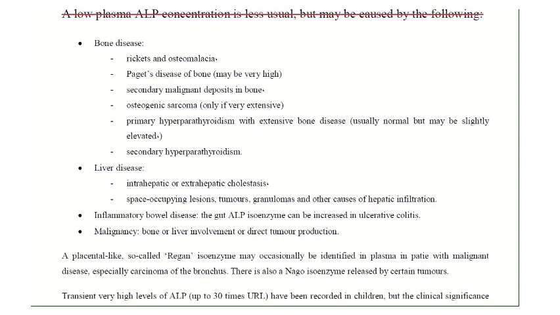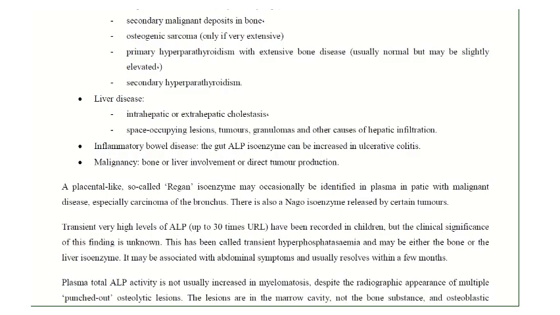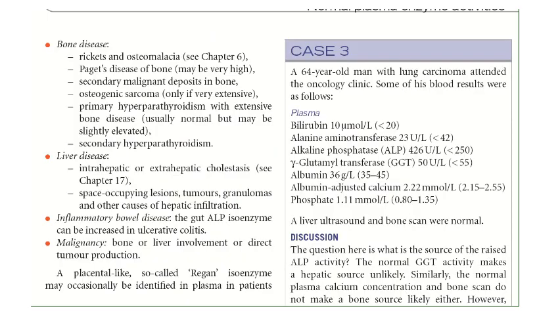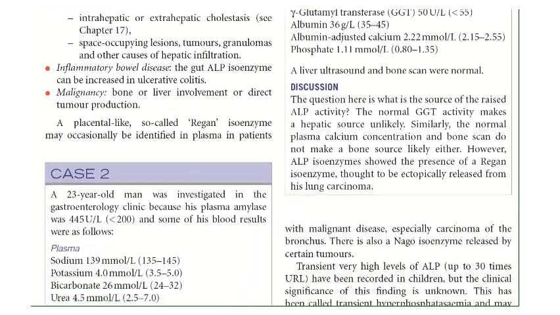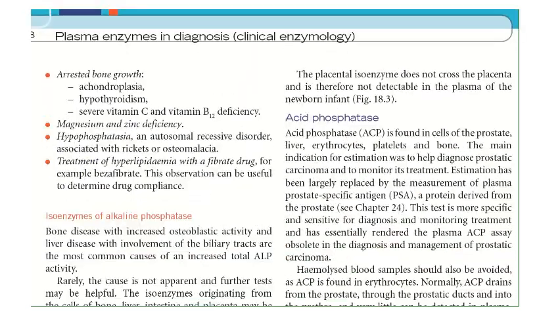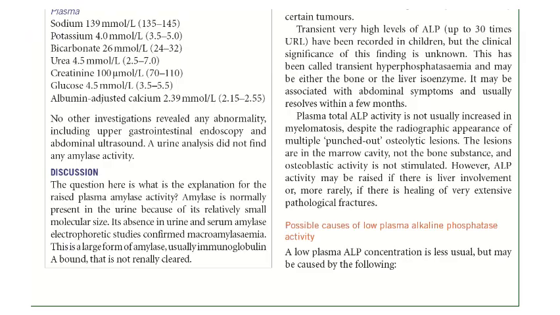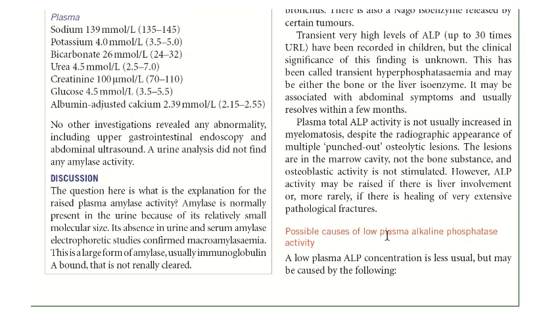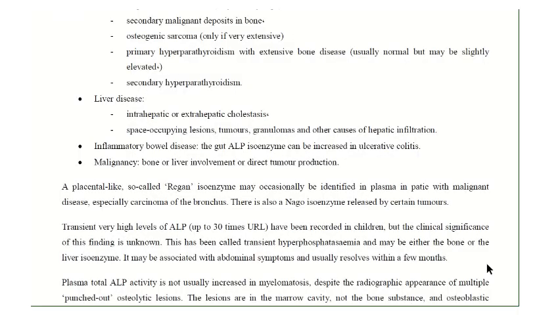أما بالنسبة هذه العبارة فهي وين موجودة؟ هذا الكتاب الأصلي موجودة هنا في هذا الموضوع. possible causes of low plasma alkaline phosphatase low، يعني نتكلم على low plasma alkaline phosphatase activity. فهاي العبارة هي a low plasma alkaline phosphatase concentration is less usual but may be caused by the following. فاني هذين العبارتين، هاي العبارة وهاي العبارة نقلت لكم إياها إلى المنهج وحطيت لكم إياها هنا